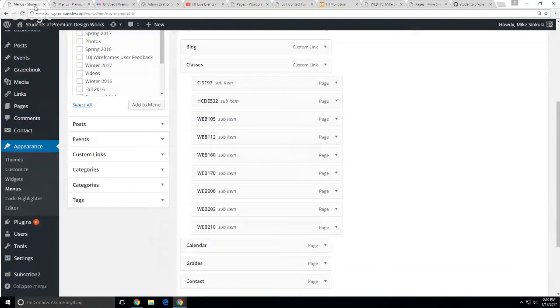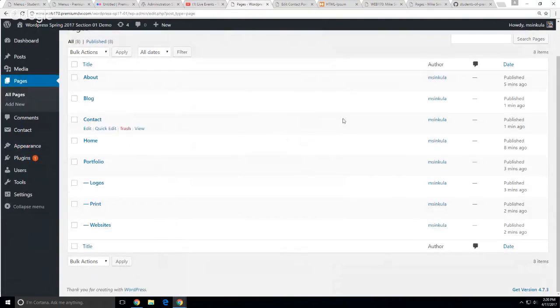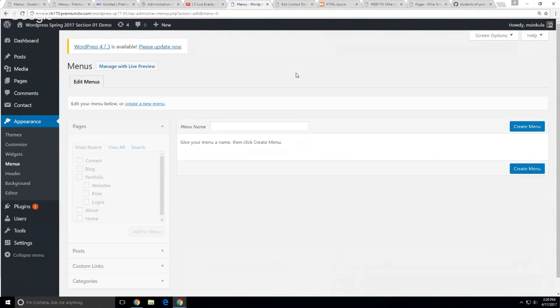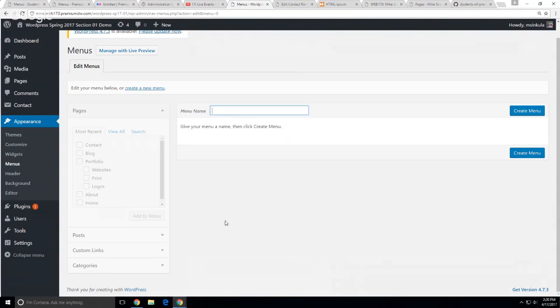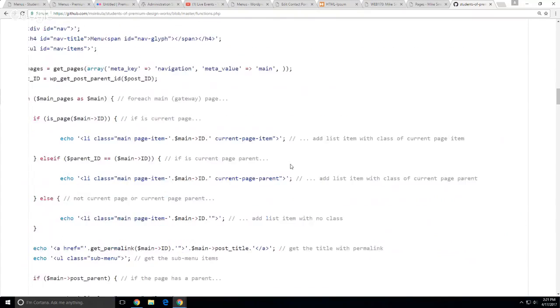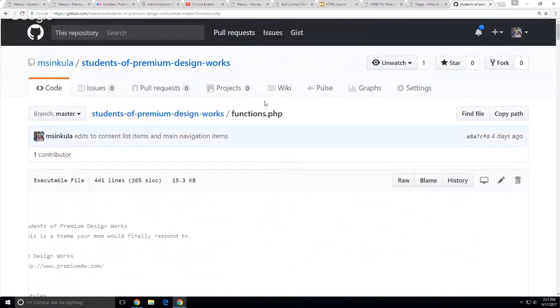But what we are gonna do then is we are eventually gonna use that list pages function when we get into doing some subnav menu system. But for right now, we've set up our page structure here, okay? So if we go to appearance and menus, it depends on the theme, possibly, right? Of where and how these menus get set up, meaning eventually in our work that we do,